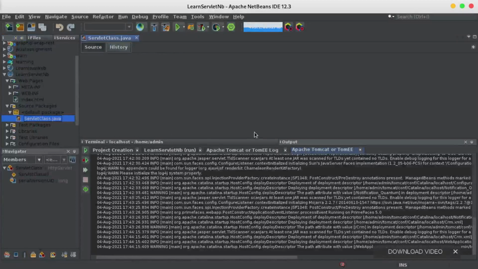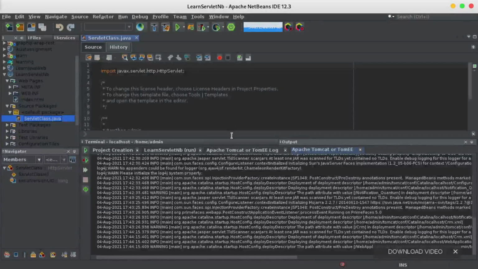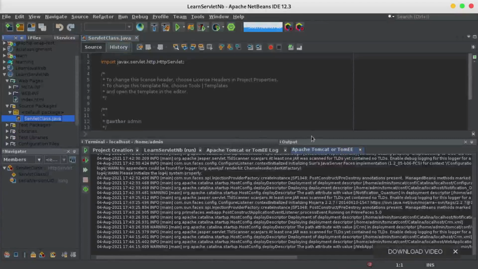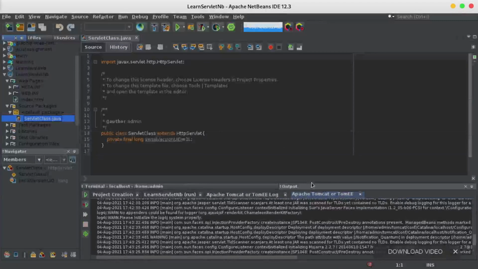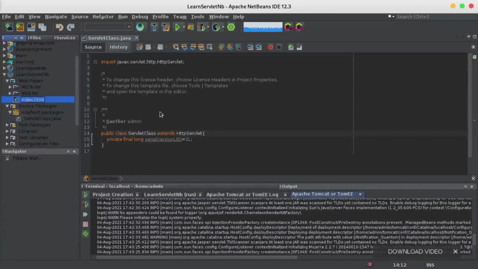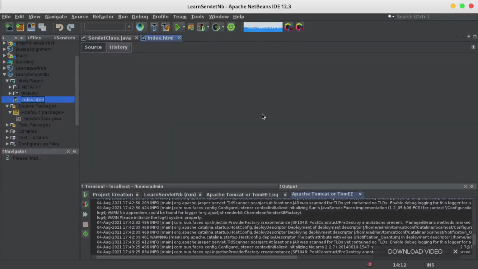Let's just open it. Okay, it's loading. Yeah, we got one simple Java class. It's just an empty servlet created for us. Currently we don't have any business logic, and we have our welcome page here.